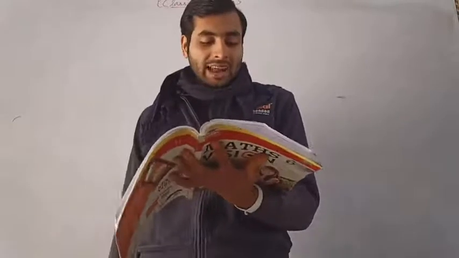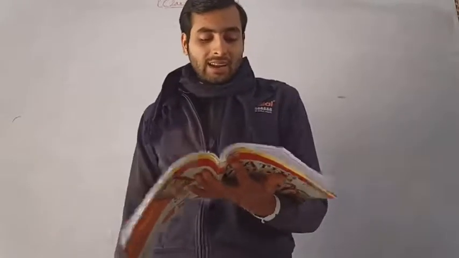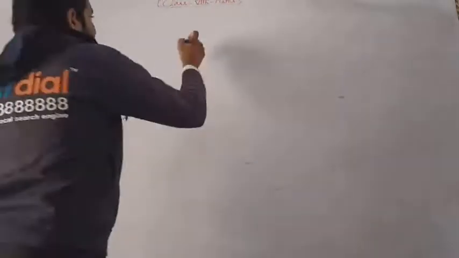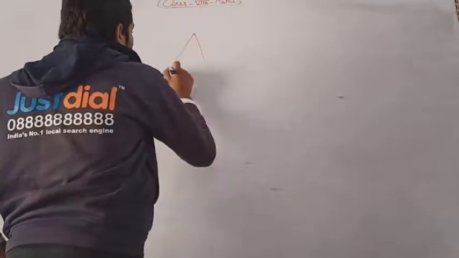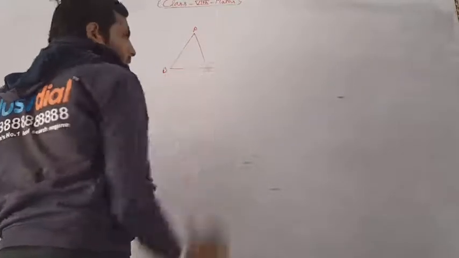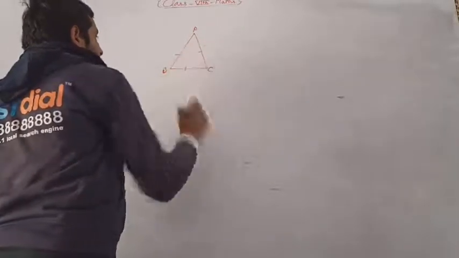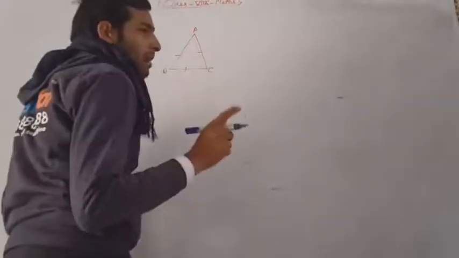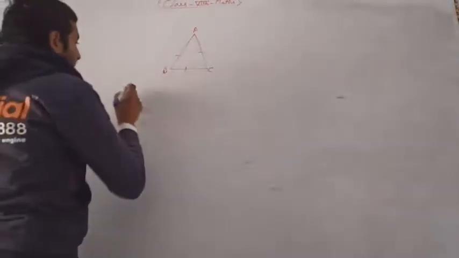angles. So the first one given is the equilateral triangle. What is an equilateral triangle? A triangle having all the same sides is known as an equilateral triangle. Okay? As if you have any triangle, as given, this type of triangle in which this A, B and C. Okay? The 3 sides of the triangle are the same, then this type of triangle is said to be an equilateral triangle. Okay? So you have to also write the definition of equilateral triangles.